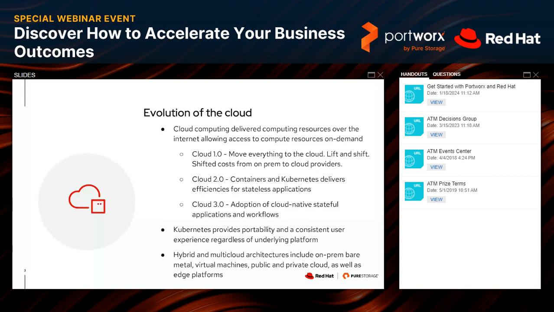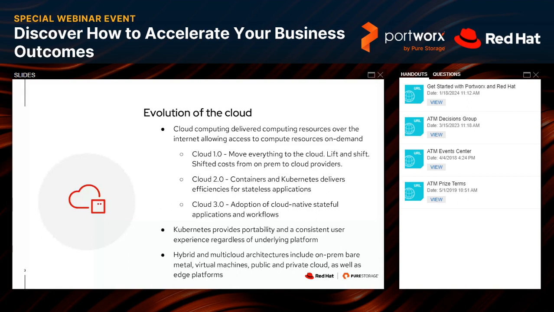We saw some traction of people testing stateless applications in the cloud or starting to build net new cloud native applications on the cloud. But it wasn't really until the last maybe 1, 2, 3 years that we've seen a big uptick in what I call Cloud 3.0. And that's the adoption of stateful workloads on the cloud.